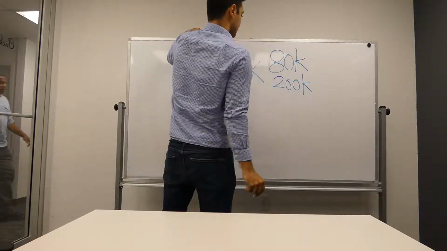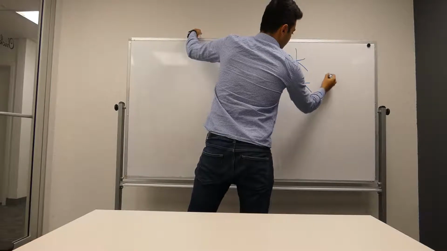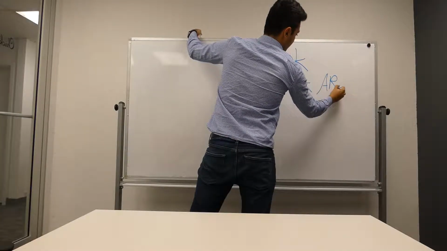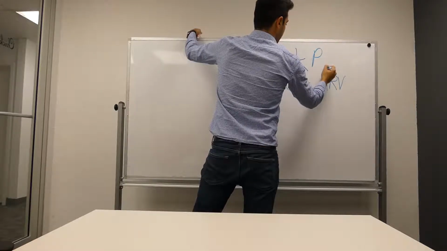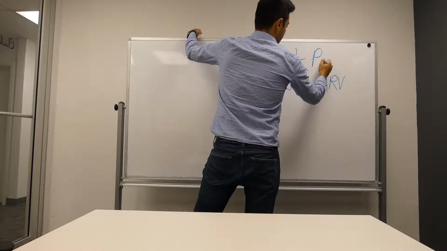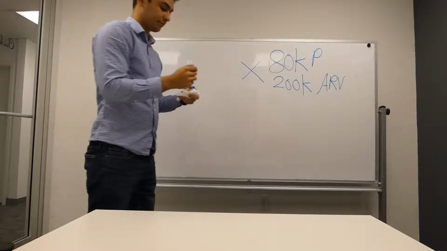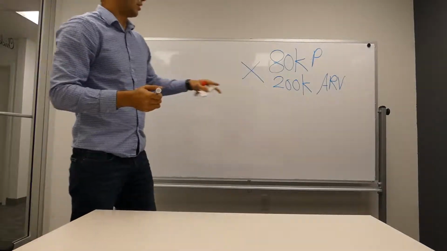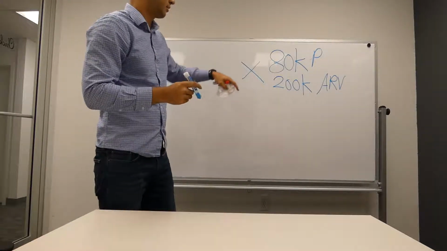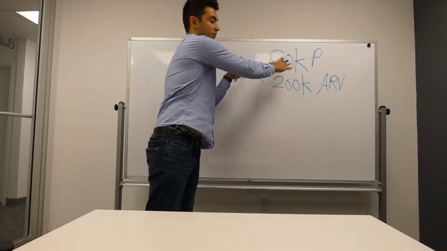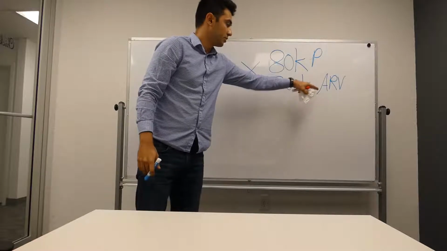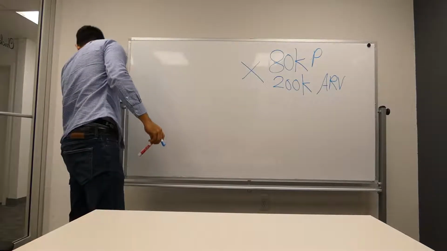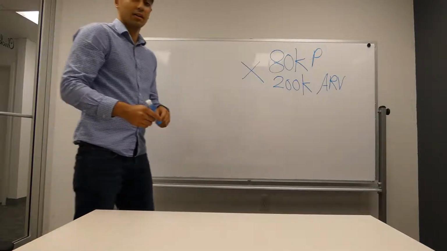So this is my ARV, after repair value. This is my purchase price, so I know how much I'm buying it for. Again, we're still not sure if we're offering this much, but this is their asking price. I know what my after repair value is,